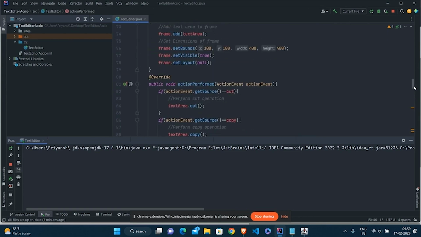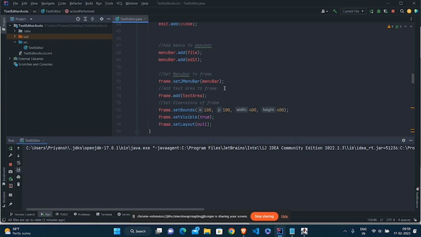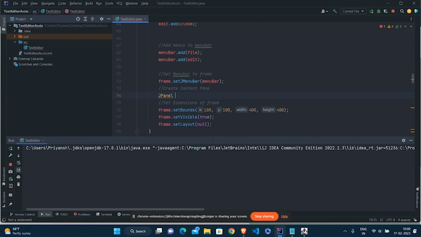In the constructor, where we were adding directly to the frame, let's remove this particular line. We don't need to add the text area directly to the frame. What we need to do is create content. Inside this, I have a JPanel, panel equals to new JPanel, and we can have some borders inside it.